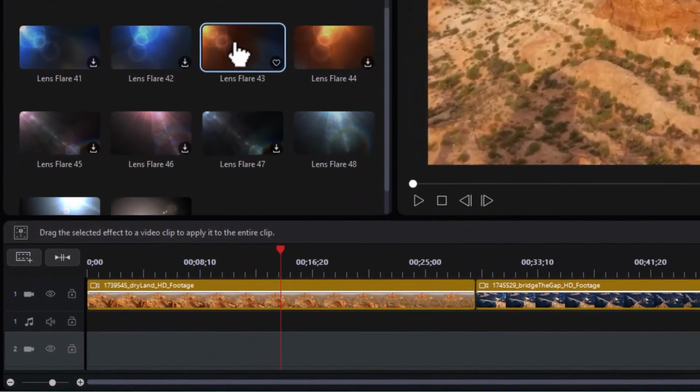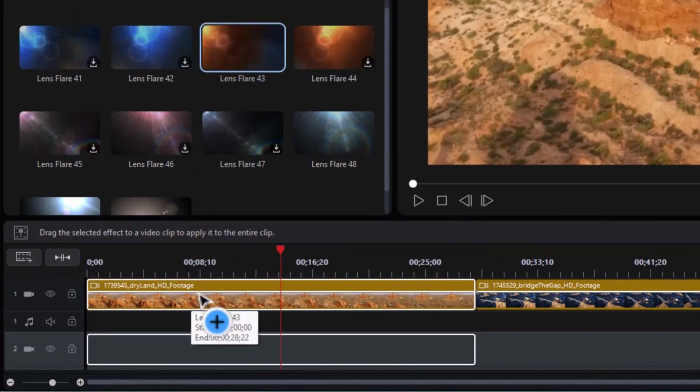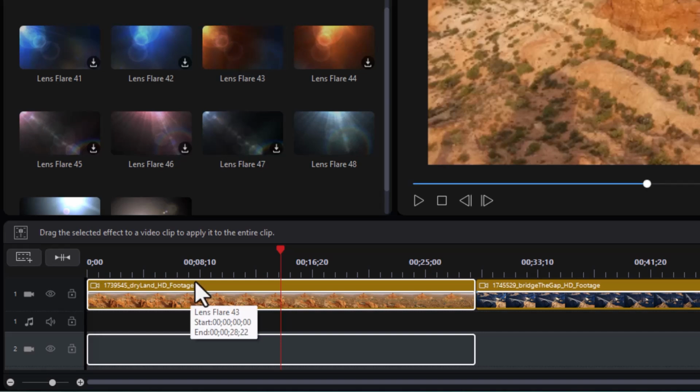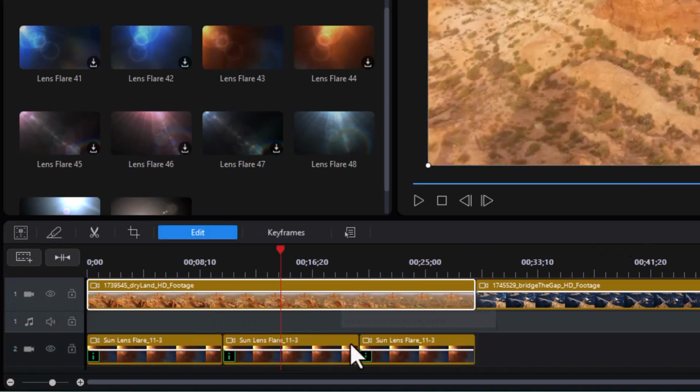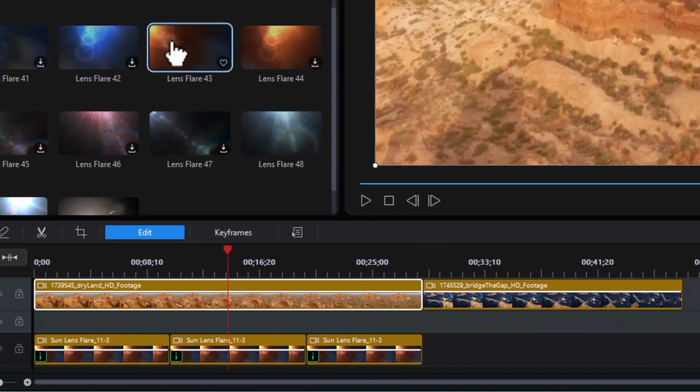What you do is you drag it on top of the video clip. Now it will create a parallel track below it. Now notice what it does. The lens flare is a given length. It will take that length and replicate it till it gets to the end of the video track, and the last segment may be shortened. Watch what happens when I apply it to the other clip. Same effect,